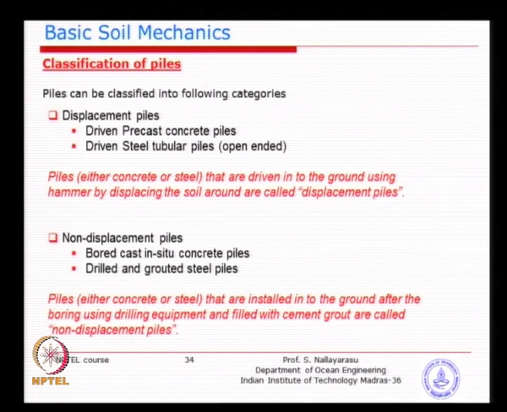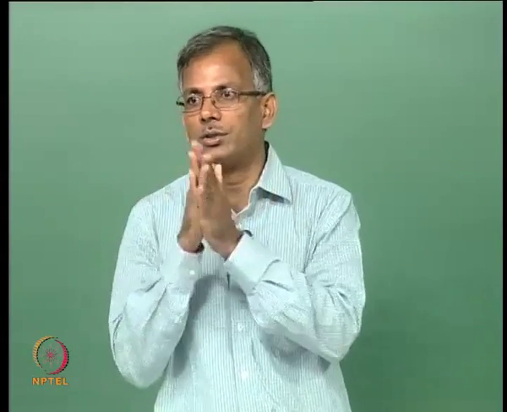Basically, you just do a boring in the ground and take the pile and erect it inside, and you leave it. You can just leave it without doing anything. Over a period of time the soil may come and make contact with the pile, or you can create an artificial interface. After making a hole, you put the pile inside and then just do grouting. That means the pile to the soil is connected by a better material like grout, which gets bonding. So, you can do either.